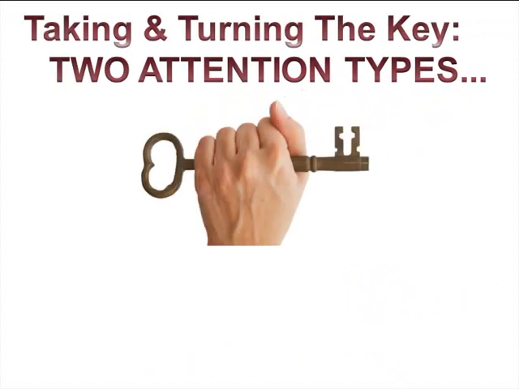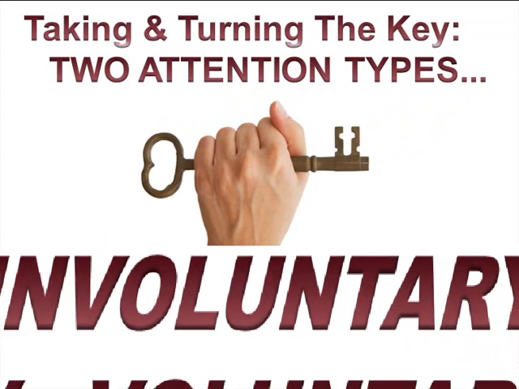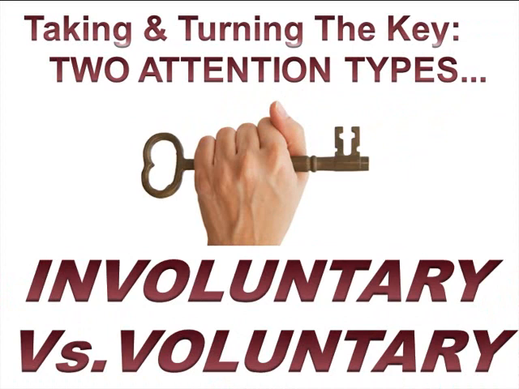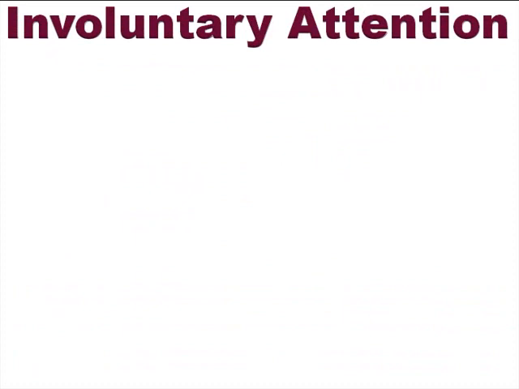Since attention control is the key, let's talk a bit more about attention itself as it relates to mental concentration. There are two types of attention to be familiar with. They are involuntary and voluntary attention. Involuntary attention is attention that is not consciously or willfully directed. It places one at the mercy of conditioned mental habit, environmental stimuli, and random situations. Involuntary attention is dominantly habitual in most people and tends to be stimuli-seeking and stimuli-determined.